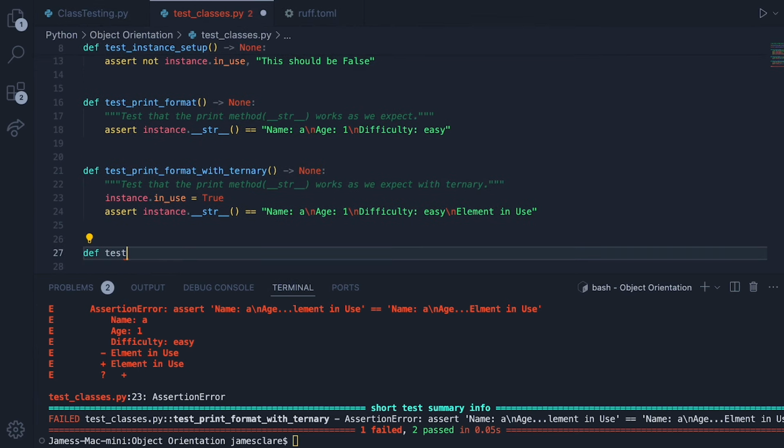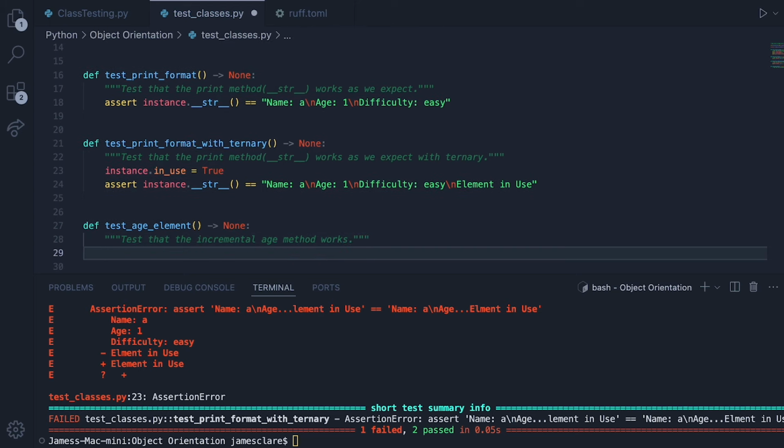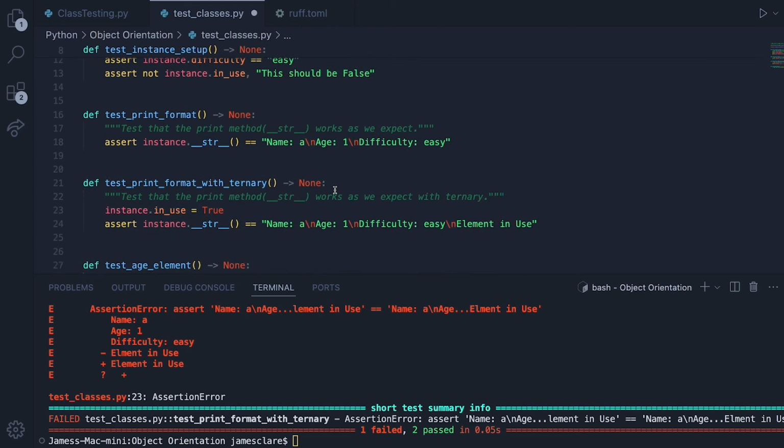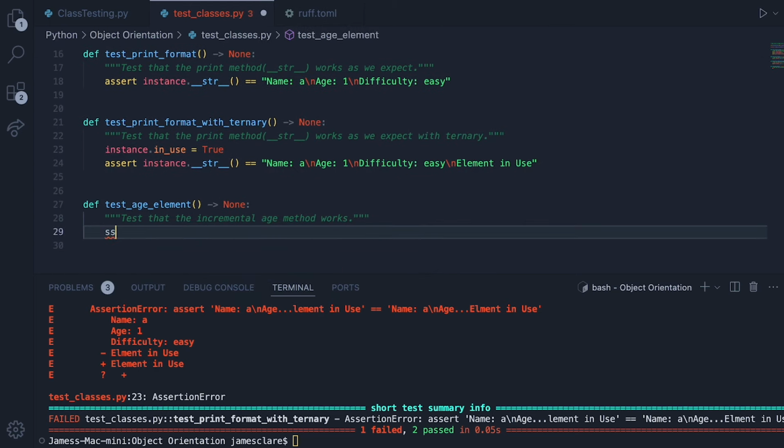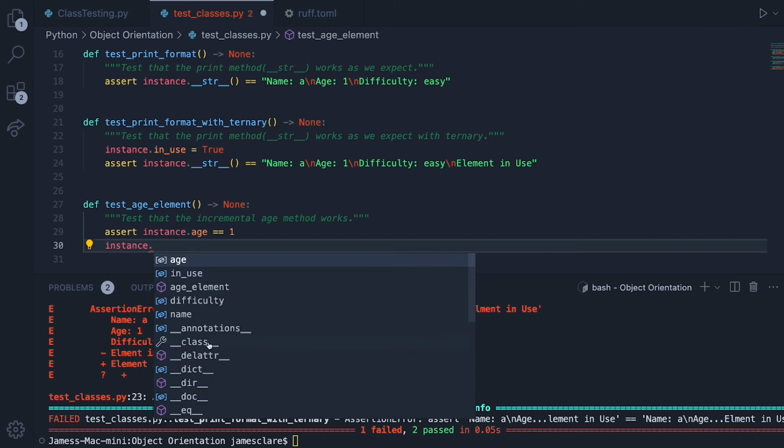So let's do test age element. Okay, and this is going to be, again, returning none. And we are testing that the incremental age method works. Okay, so what did we define at the start? Defined at 1, didn't we? So this is going to be super easy. Let's assert that it's equal to 1 first. Let's do age is equal to 1. Then we'll do instance dot